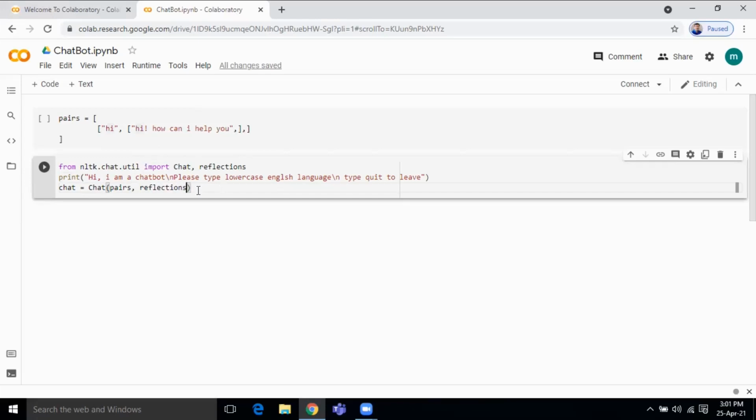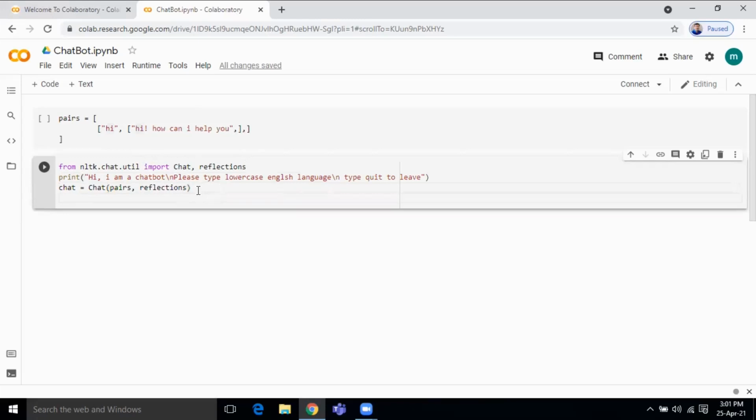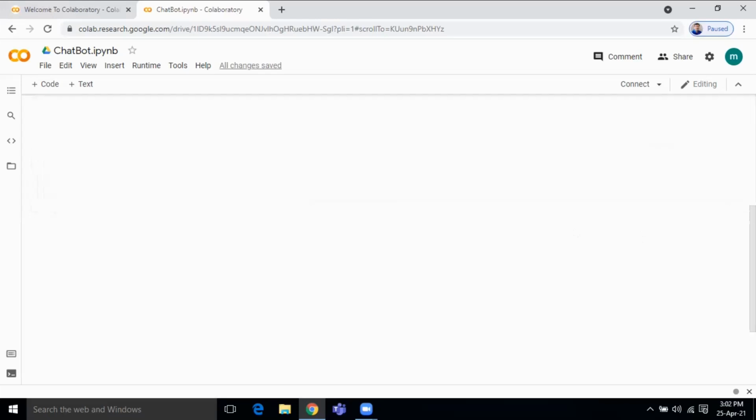From there, it is going to take the data, and next we use chat.converse. In order to have a conversation, we use this converse method.